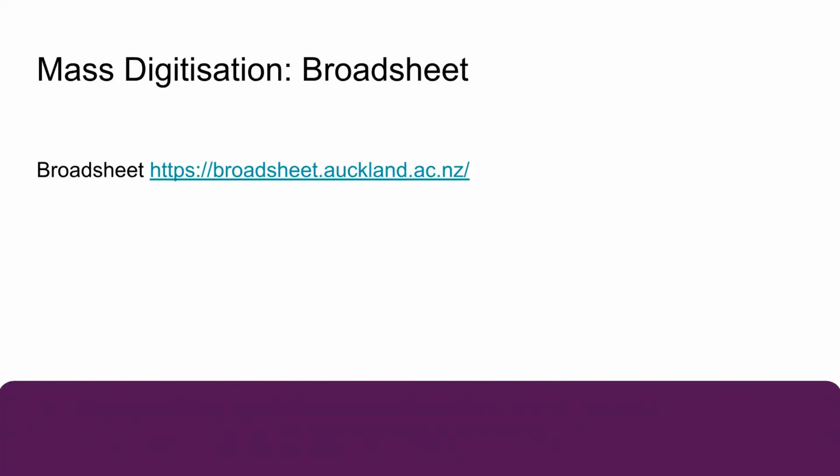But then later on in the year, we were able to hire some contract staff to undertake some more work on Broadsheet, to gauge the full extent of the work needed to identify and contact all the rights holders. We had a pretty good idea that the list of contributors we'd culled from Index New Zealand wasn't comprehensive. So what we did the second time to identify contributors was we looked at just over half the number of issues that had been published, and this gave us a list of 1,453 individual contributors.